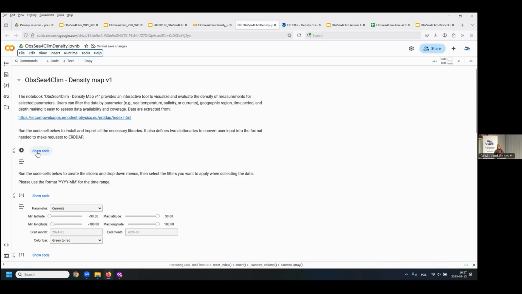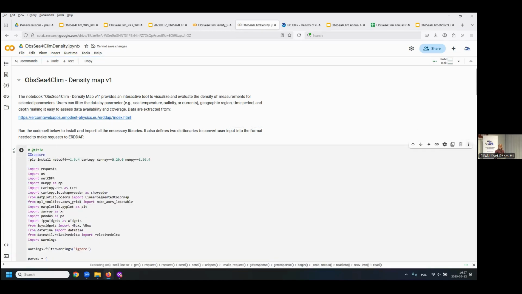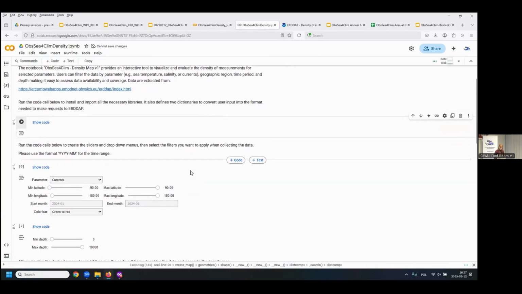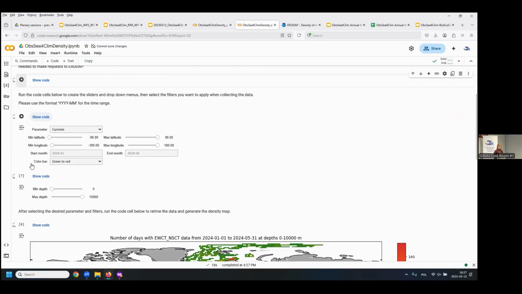You can also open the code and watch it, but you don't need that for now. By running all the cells before, you don't lose some points that are essential to have the map. In this first version, you have 3 data sets